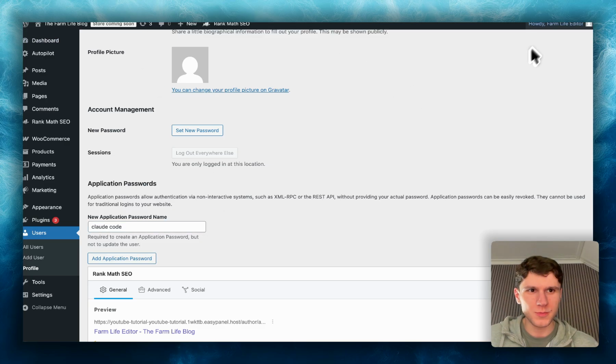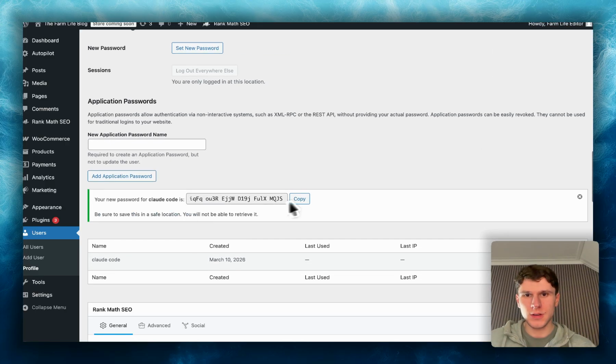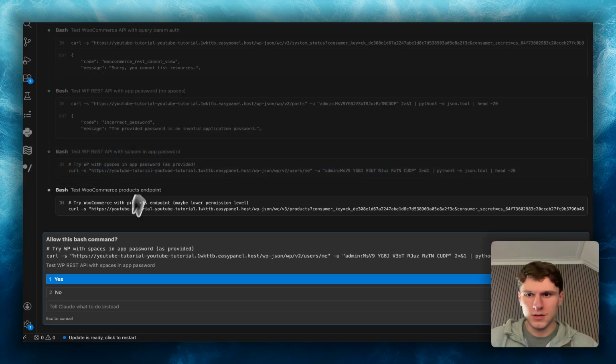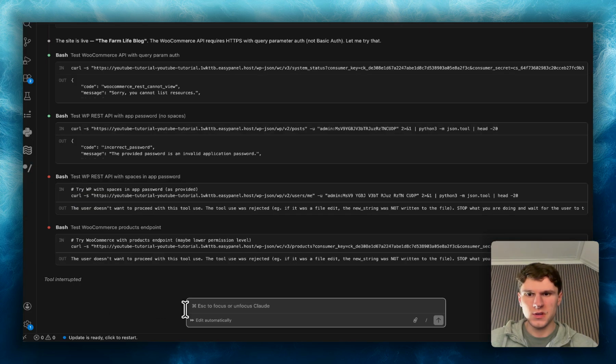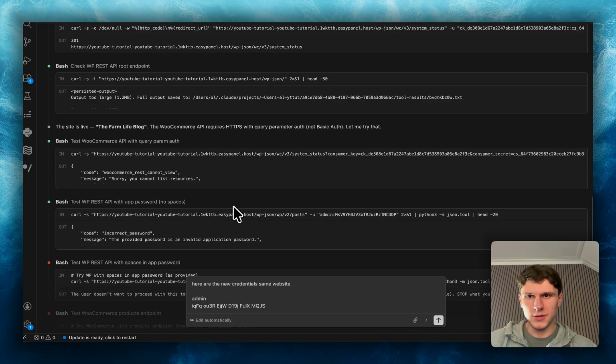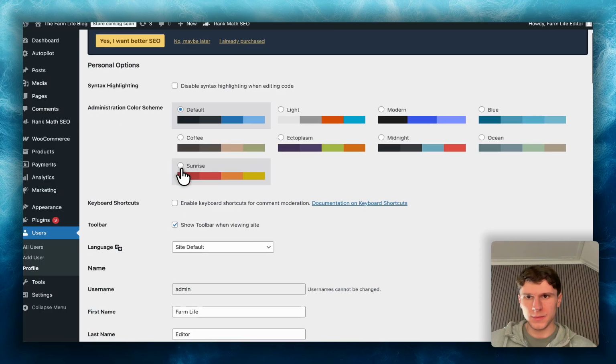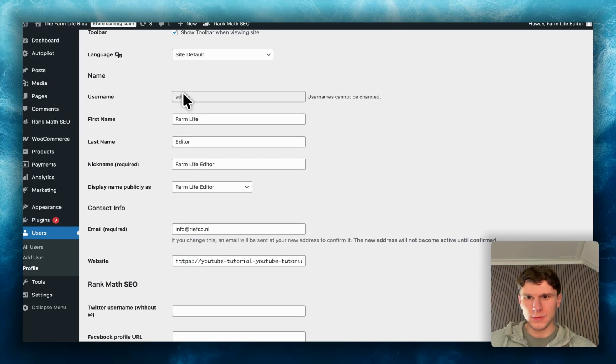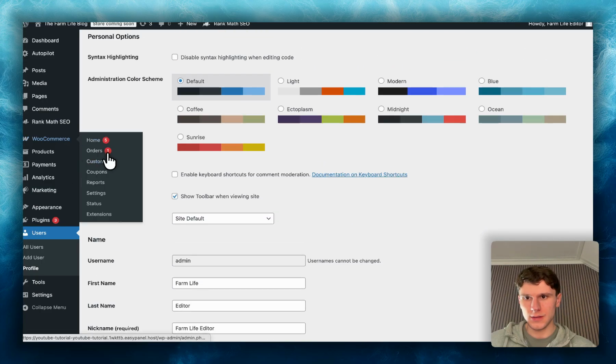So into your WordPress, press in the top right corner, new application passwords, Cloud Code. I'm going to copy. Here are the new credentials, same website. Username is admin. You can find the username up here. And I'm going to connect the